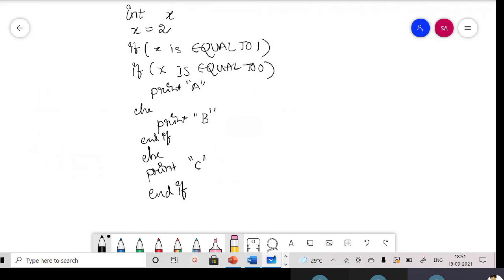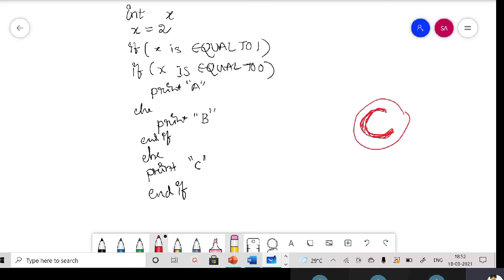C, sir. Okay, absolutely. The answer is C. That's absolutely right. Can you tell me why you got C? Yes, sir. Initially, x is assigned the value 2. Very good.